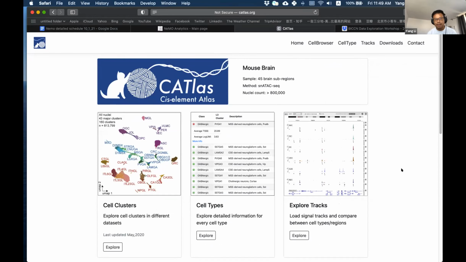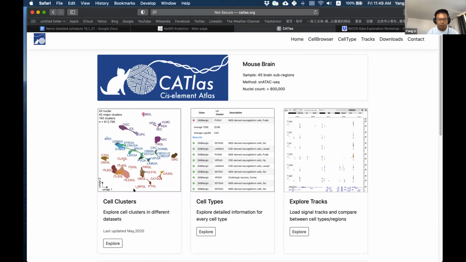So we did build this web portal, which mainly has three functions. You can use this portal to explore the cell clusters. And we also offer a detailed annotation for all the cell types. And the last thing, you can use a genome browser to explore the tracks and also the potential linkage between a cellular element and its putative target genes.